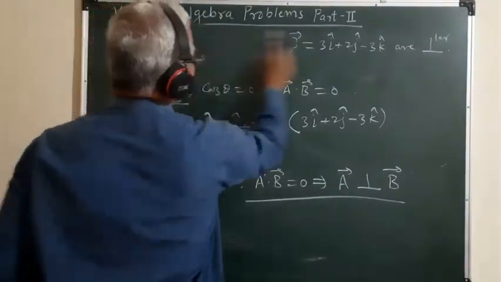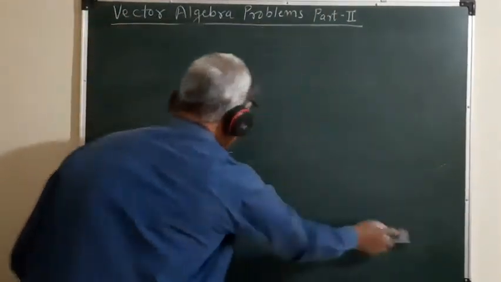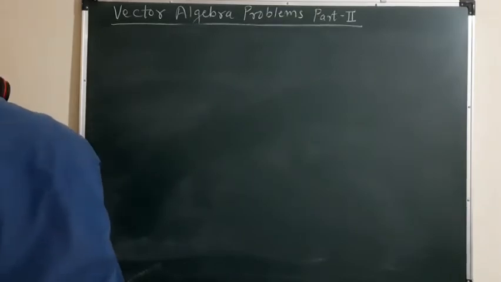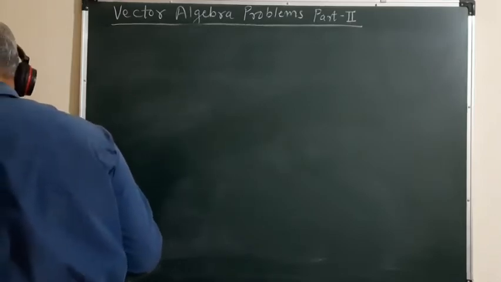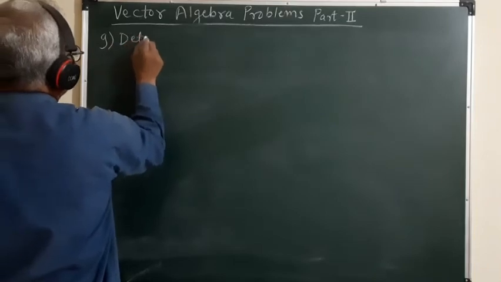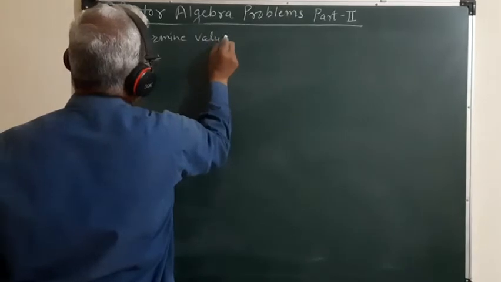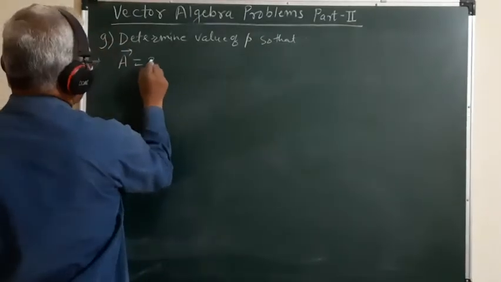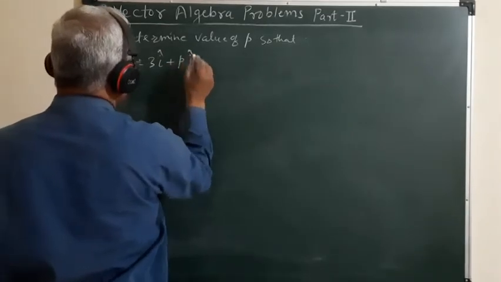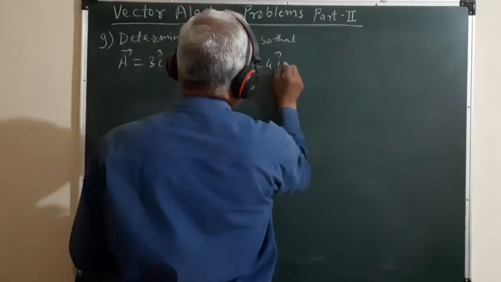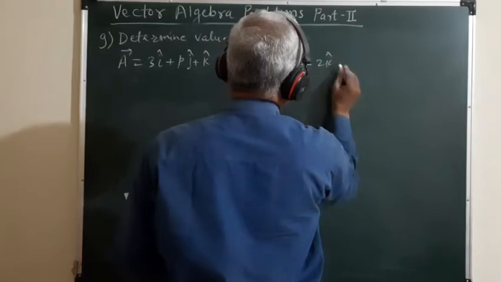Next. Next, ninth problem. Determine the value of P so that the vectors A bar, expressed as 3i cap plus pj cap plus k cap, and B bar, equal to 4i cap minus 2j cap minus 2k cap, are